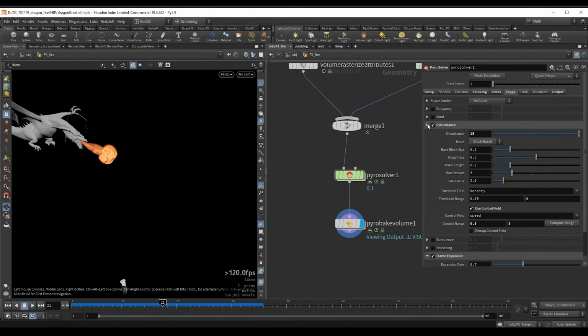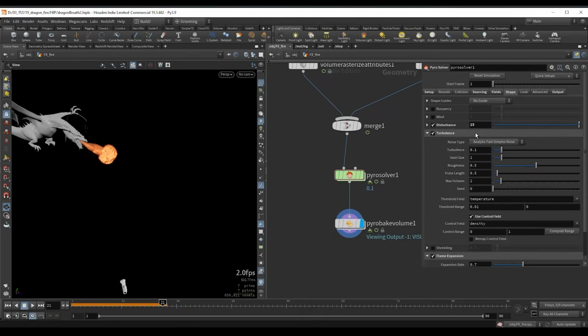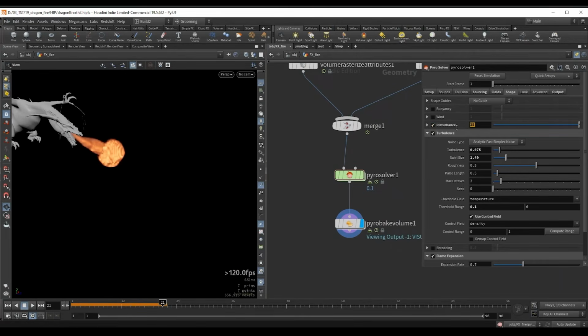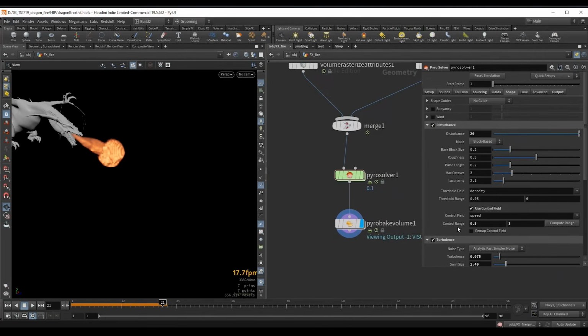Of course, we can still turn on the turbulence, so I'm just gonna turn this on because I always turn this on. Basically, let's leave this at temperature, and let's maybe increase the threshold range so we don't have as much everywhere. And I will just use a larger swirl size for this, and maybe a lower amount, and it should be fine. I might even want more disturbance. Let's try a value of 20, and I can also add more disturbance if I decrease the minimum range here. So I can set this to a value of 0.3. This might be a little bit too much, but we'll just have to see.